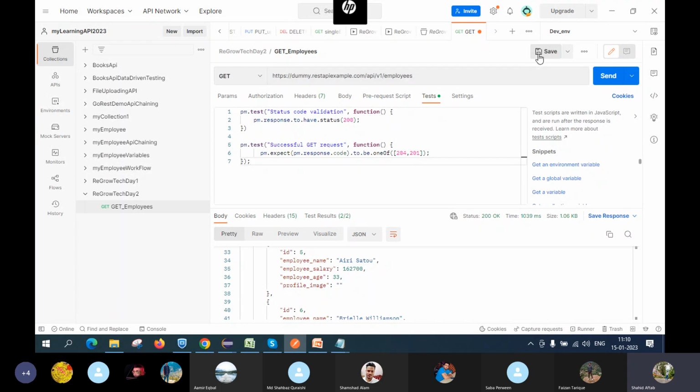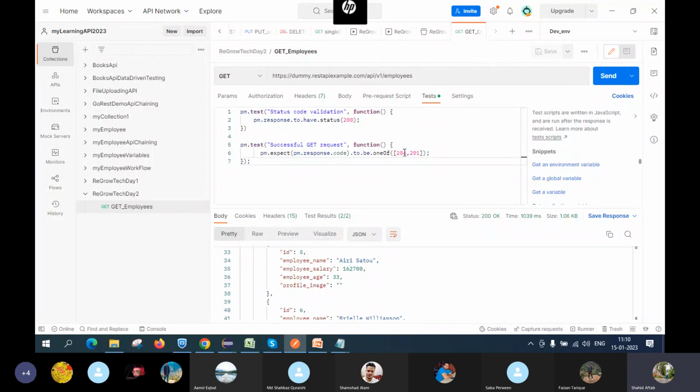अब अगर हम इसी उम्मीद को तोड़ दें और 204 और 201 कर दें, कि हम उम्मीद कर रहे हैं कि जब ये गेट रिक्वेस्ट चले तो मेरा रिस्पॉन्स कोड या तो 204 हो या 201 हो, ये मेरा एक वैलिडेशन है, और ऊपर वाला वैलिडेशन है कि रिस्पॉन्स कोड 200 मिले। अब बताओ कितना पास होगा? एक पास, क्योंकि ये वाला तो सही बोल रहा है कि गेट करेंगे तो 200, लेकिन यहाँ हम उम्मीद ही गलत लगा के बैठ गए हैं।